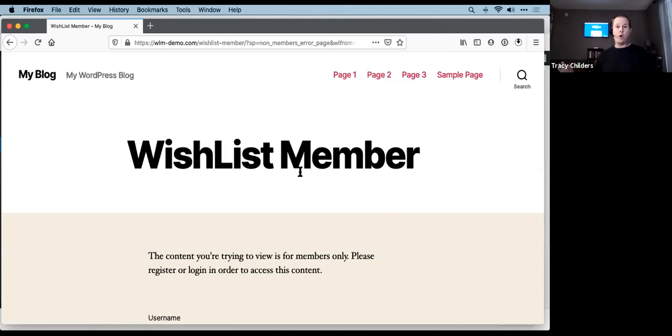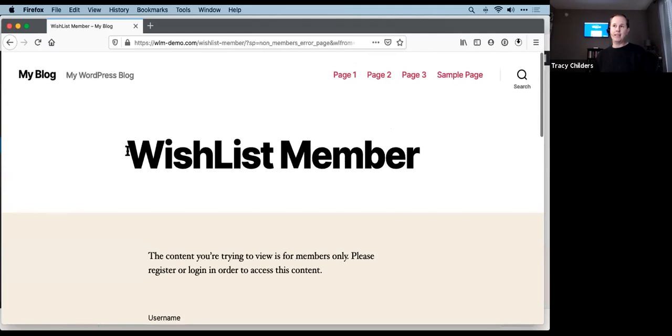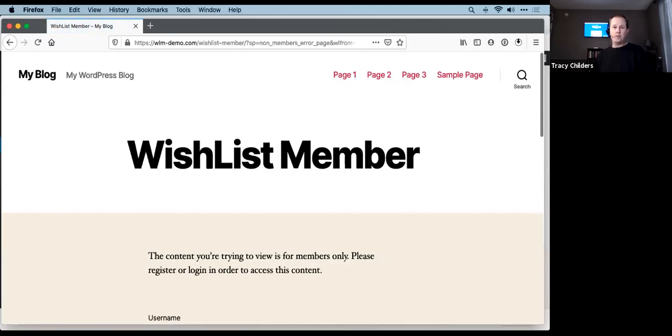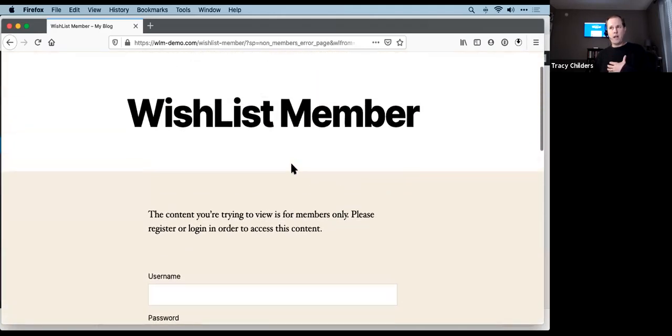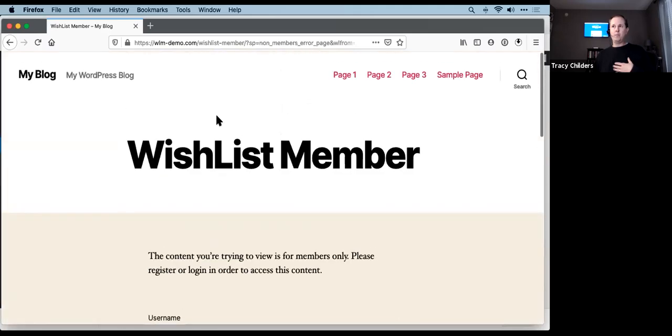The answer is no. The reason that this says WishList Member is WishList Member creates a page in your site that's called WishList Member. This actual page in this theme, the page template displays the name of each page. You'll see page 2, page 3, it's always displaying the name. So if you're using a theme that does not show the page name right there, this will not show up there. But what we did was we used our page to create a dialogue,